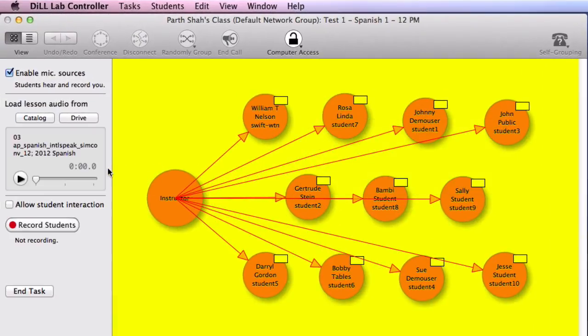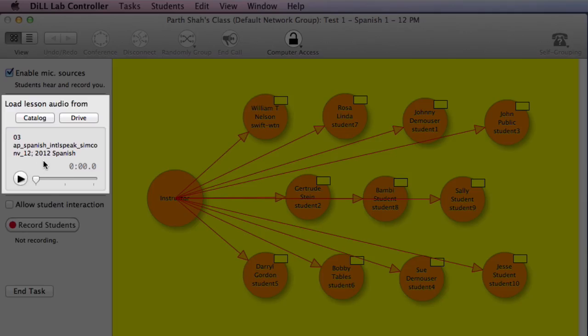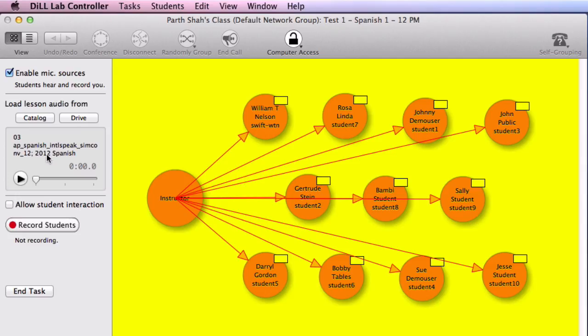The first thing that you'll notice is there's a play button with an audio track loaded right below the catalog and drive buttons. What is that? Well, that's the track that we've loaded. So when I hit play,